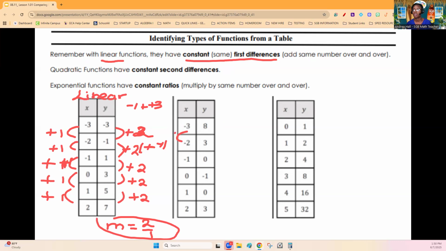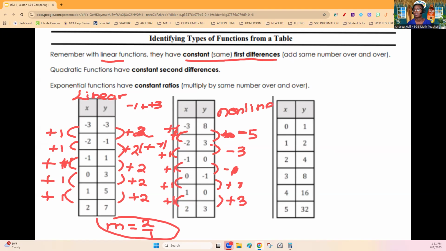So this one is what we would call a linear function. Here, this one is also going up by 1. But this one is going down by 5, then down by 3, down by 1, down by 0. Wait, up by 1, and then up by 3. So this one is nonlinear. And we'll talk more